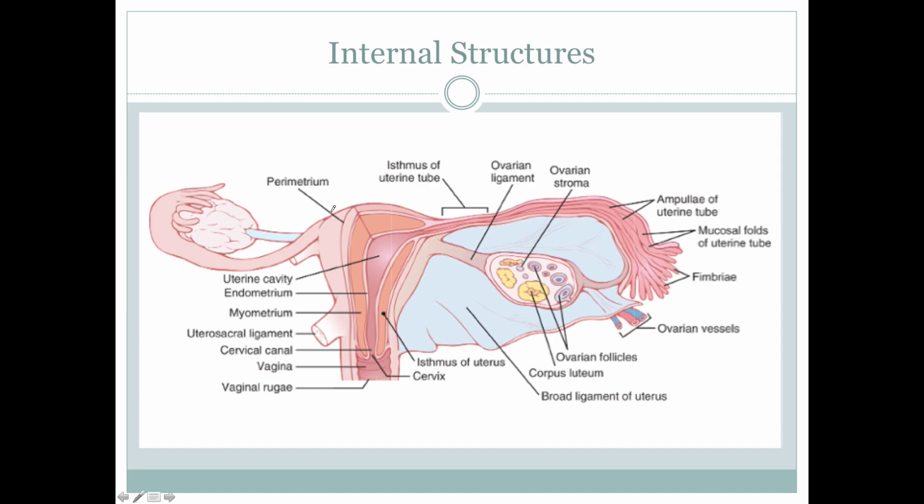And it is anchored in a couple of different ways, but still has a large ability to move around, especially specific structures. So the ovaries have a huge ability to move around because there's really only a couple suspensory ligaments that hold things like the fallopian tubes. What you mainly see is this broad ligament. We'll see an actual picture of this in a little bit.